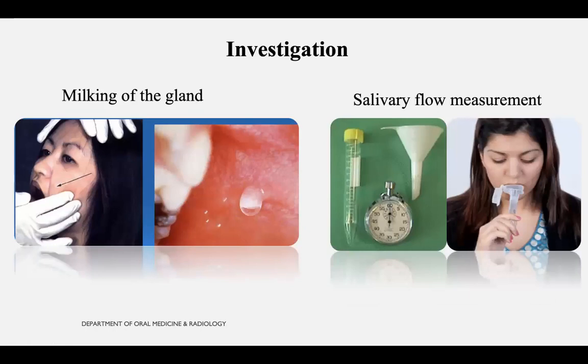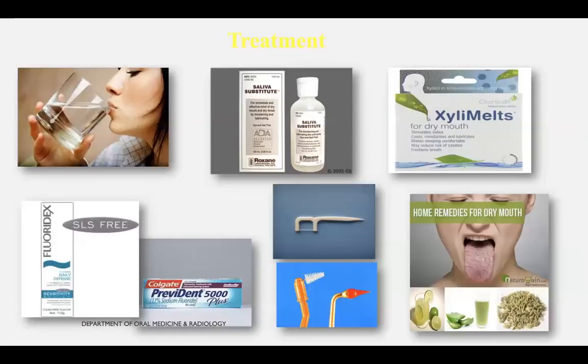So the investigations that can be done are milking the gland to check the salivary flow, and also measuring the salivary flow rate by sialometry. The treatment of salivary gland disorders will include frequent water sips, saliva substitutes, and using